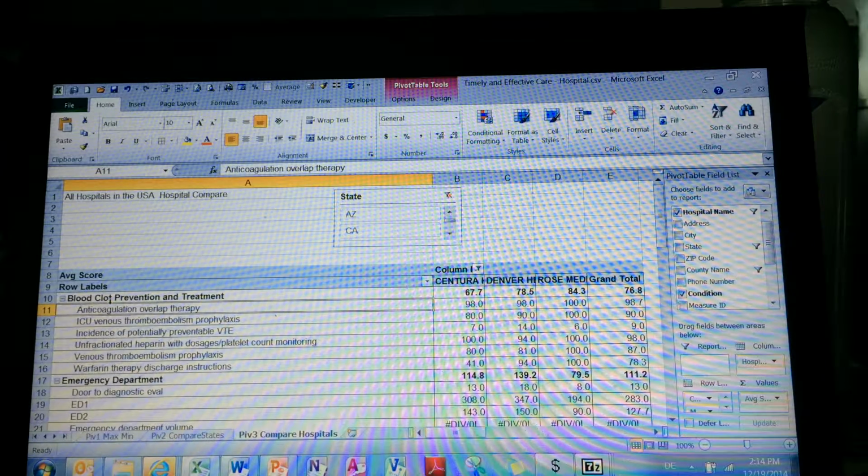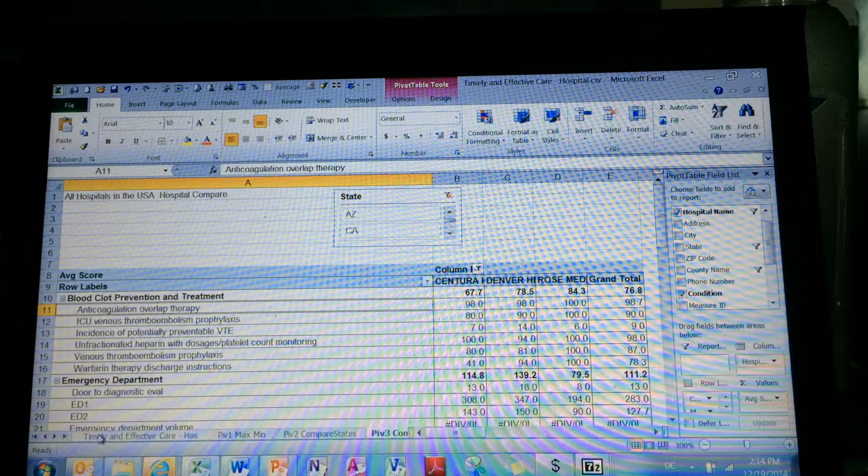So I'm going to send this to Medicare and suggest that they just add these pivot tables into their CSV file. It doesn't add any more space to the size. You're already at about a 60 megabyte file with that CSV. By the way, there are ways to minimize that. I won't go into it here, but if every hospital in the union could just say, here's the link: if you want to compare our hospital to any other hospital, just go into the national database and select your hospitals, and it could already be set up that way. So